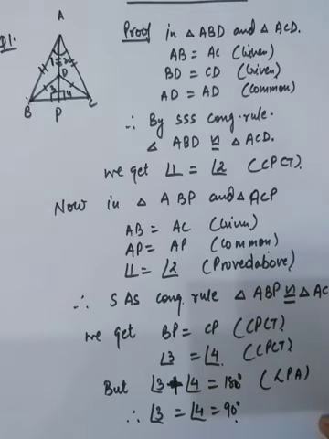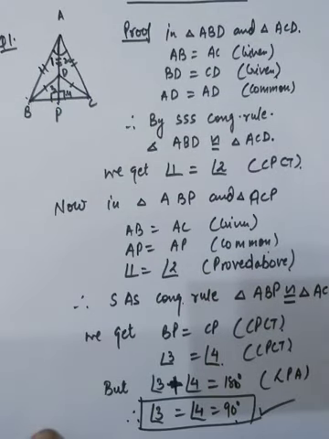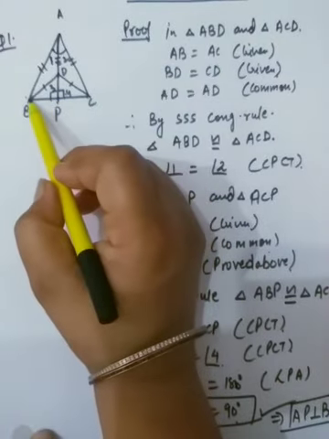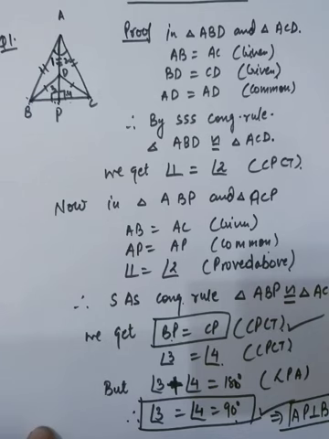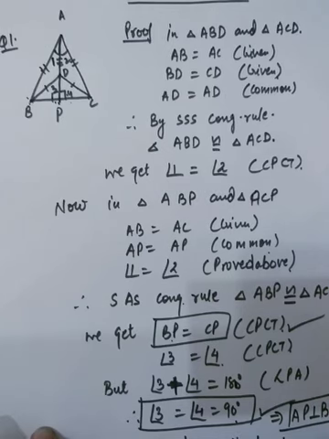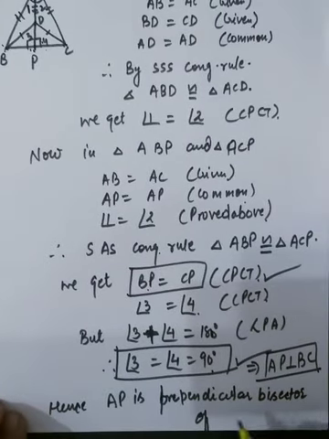And you are asked in the third part that AP bisects angle A. Sorry, in part number 4, we have proved earlier that AP is the perpendicular bisector of BC. AP is the perpendicular bisector of BC means, first, you have to prove AP perpendicular to BC, meaning the point at which AP intersects BC, on that point the angle is of 90 degree, and that point is P, and at P angle 3 and angle 4 we have proved 90. So it means AP is perpendicular to BC, and bisector means point P divides BC into 2 equal parts, and this property we have already proved, BP is equal to CP. Hence AP is the perpendicular bisector of BC.